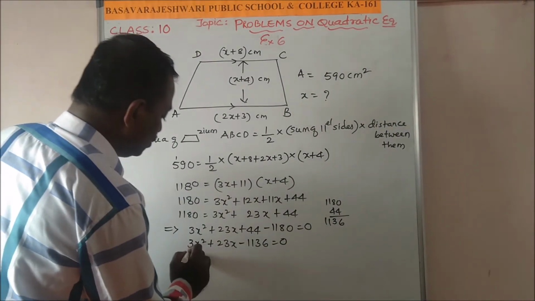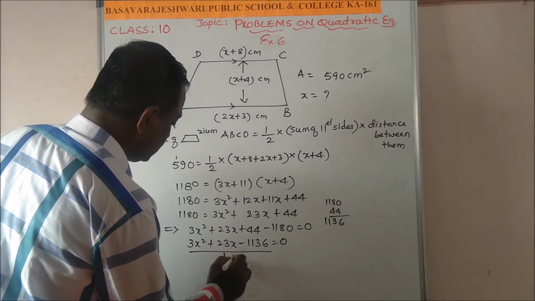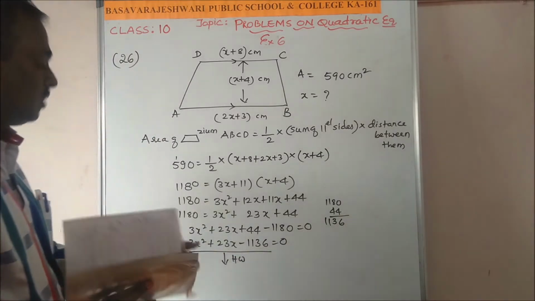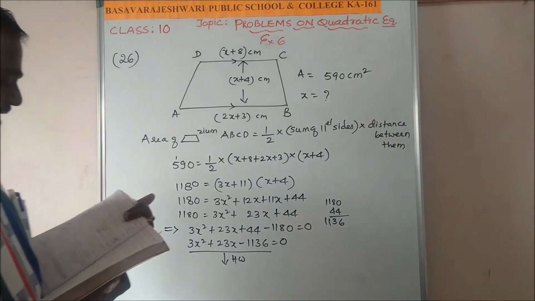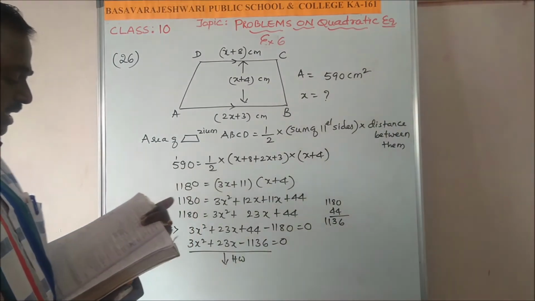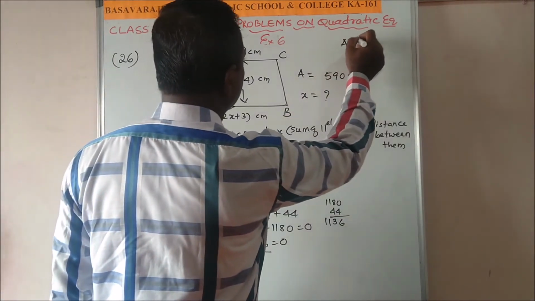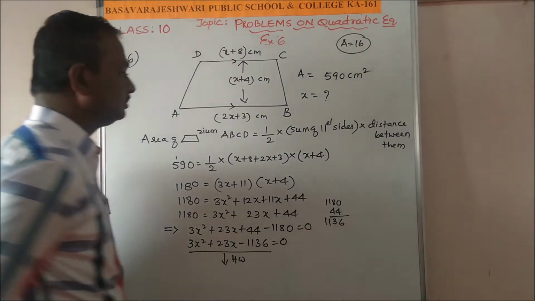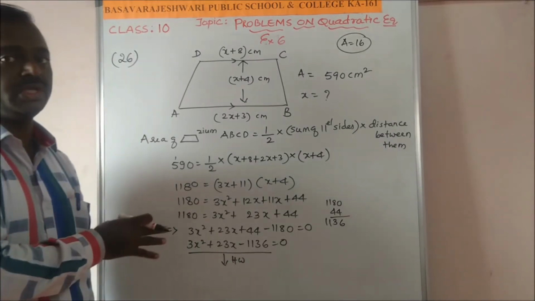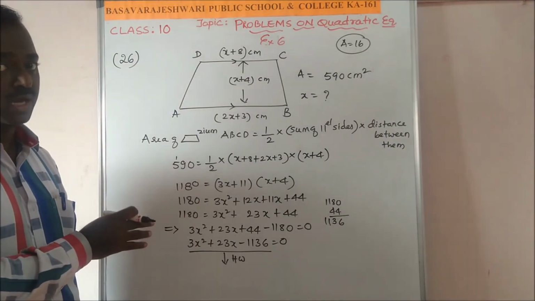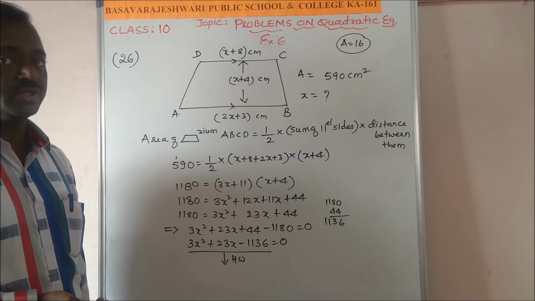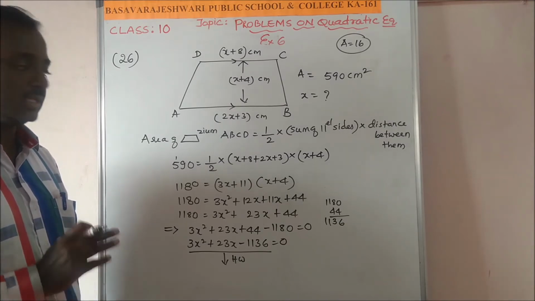Now you can do this work and solve for x. You should get the answer 16. That is your work. So answer should be equal to 16. So framing the equation is very important. For that also we have 1 mark. And solving the equation to get the x value, for that also we need marks.